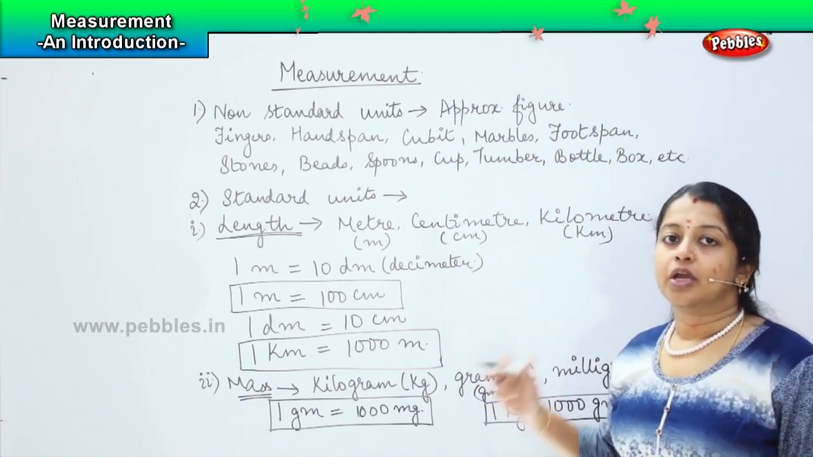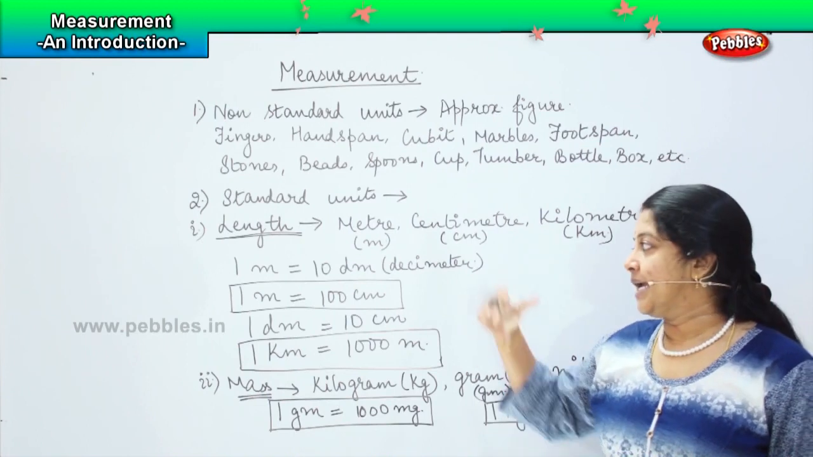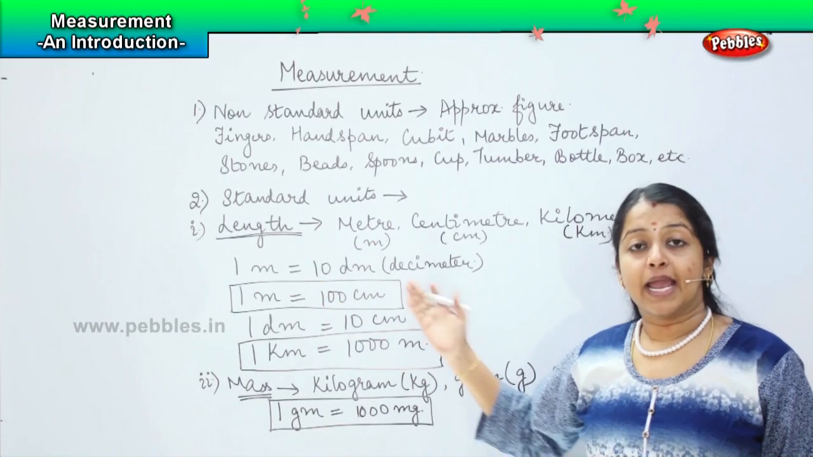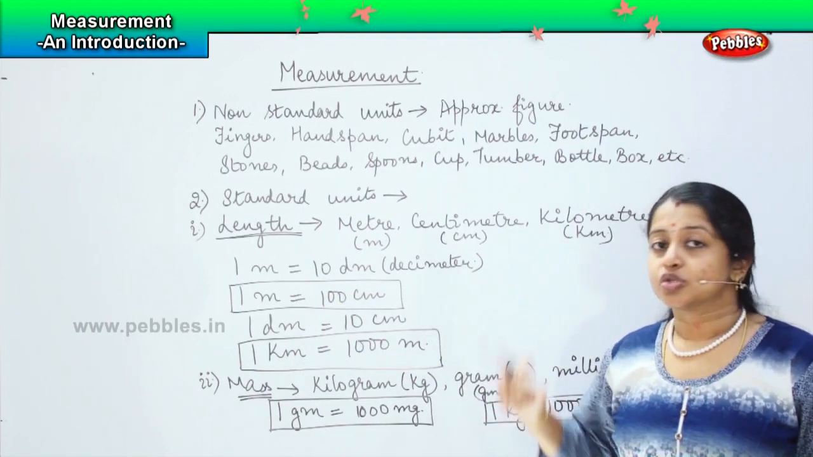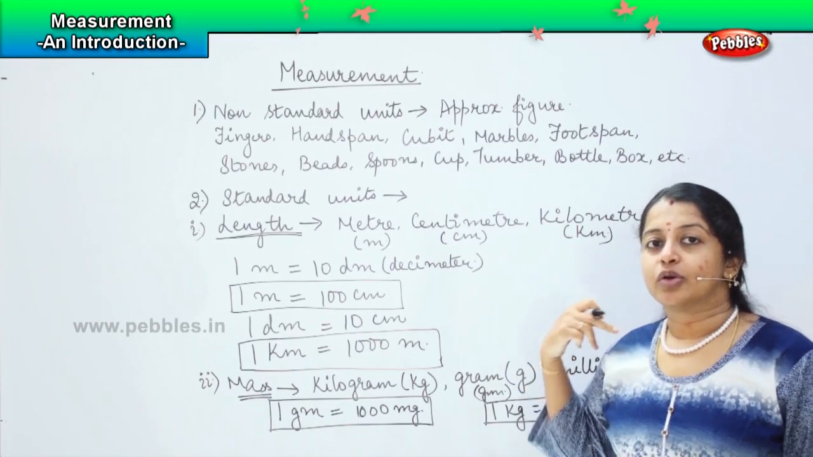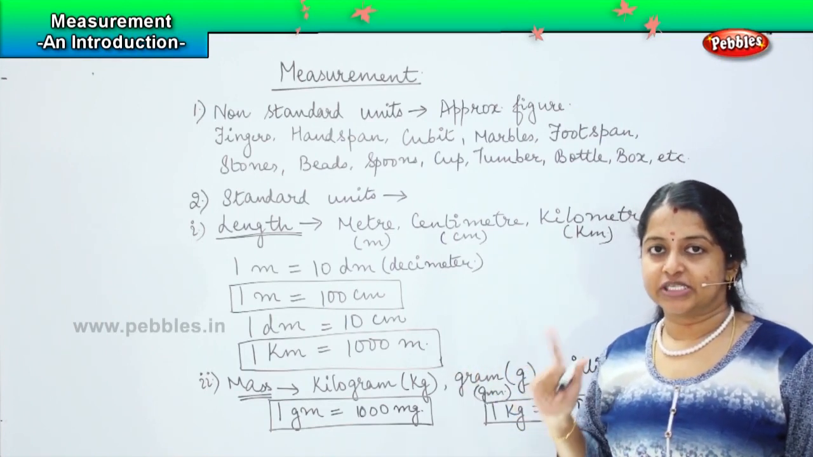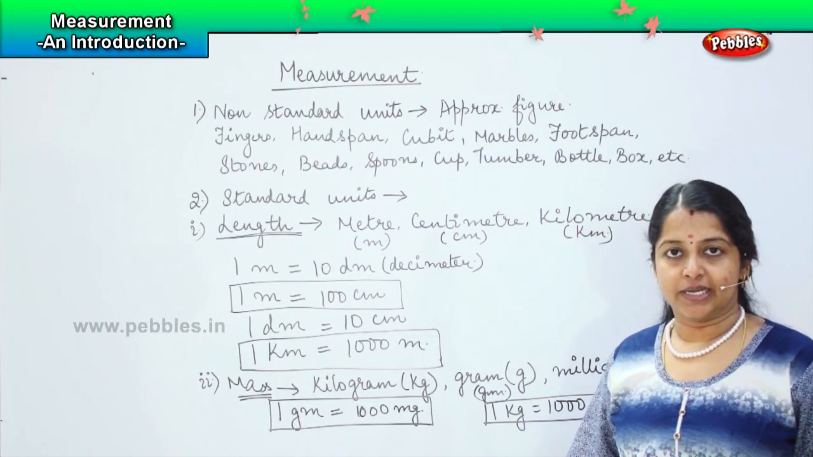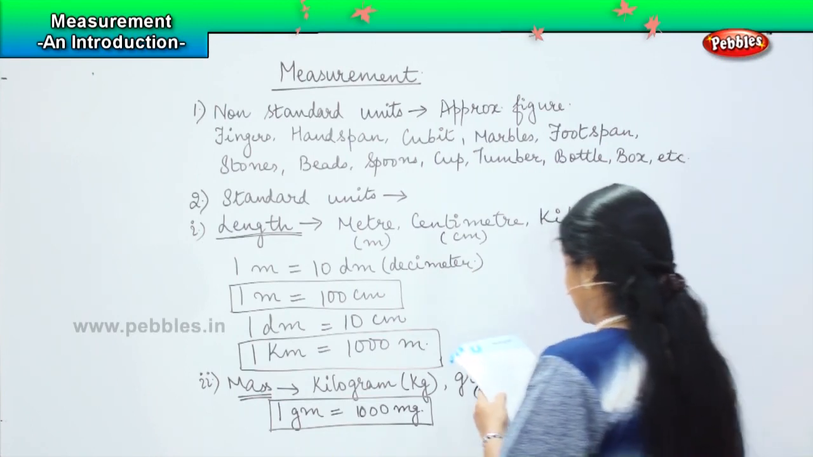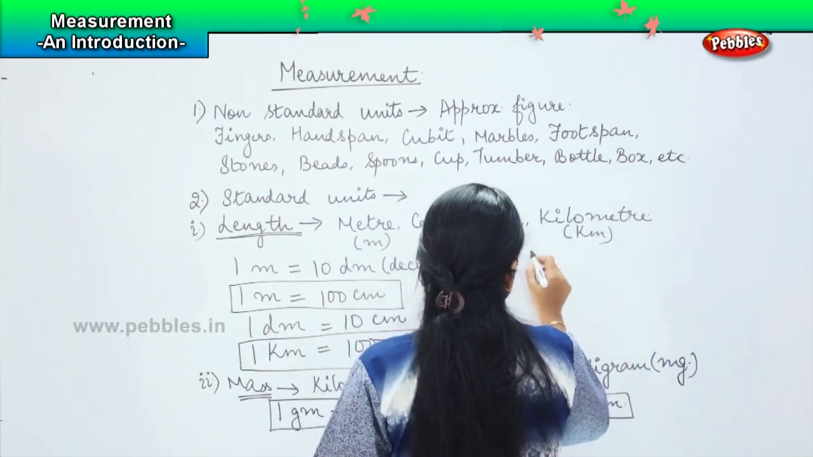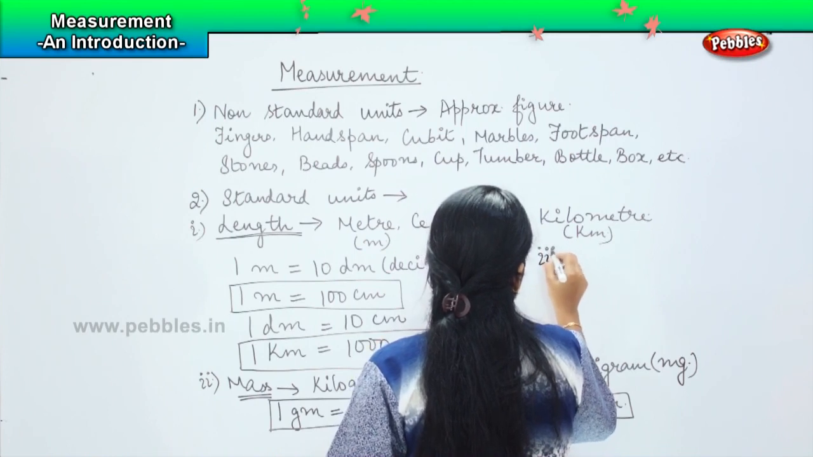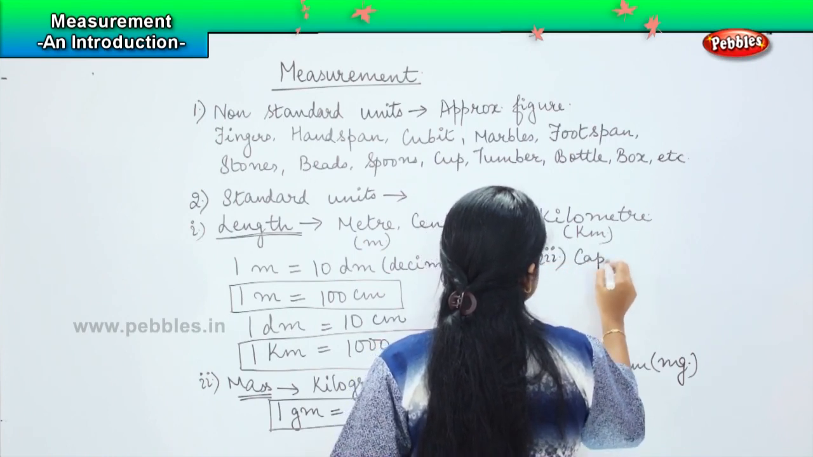If in a question the units are different, say meter and decimeter is given together, meter and centimeter is given together, so for solving the problem without making a mistake, we have to convert them all in one unit first and then solve the problem. Clear? So there is one more thing which you have to learn here. That is called as capacity. Okay. So the third one is capacity,